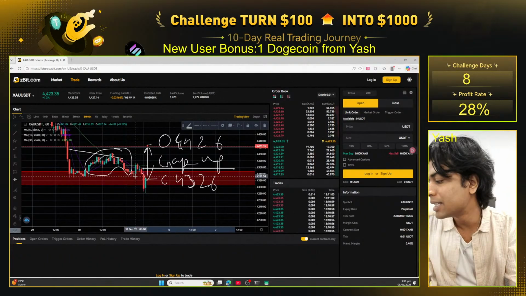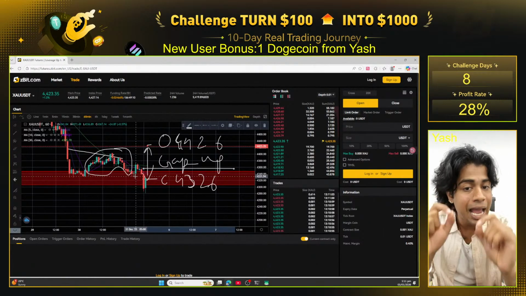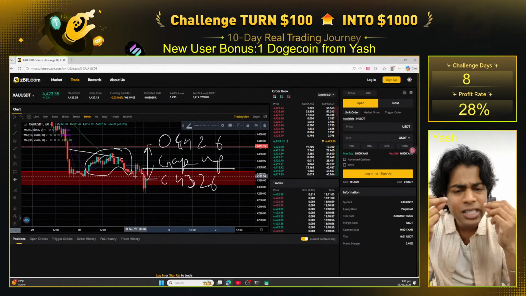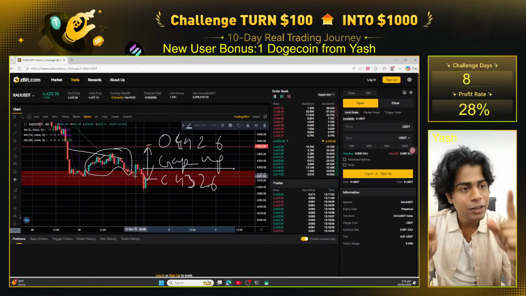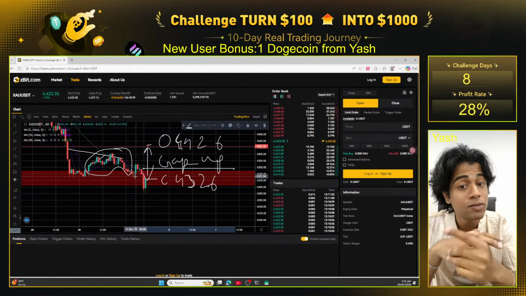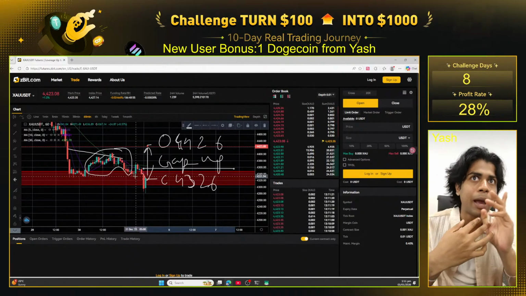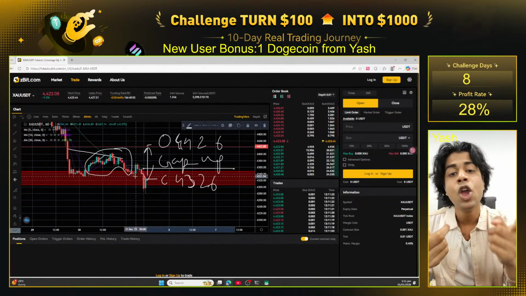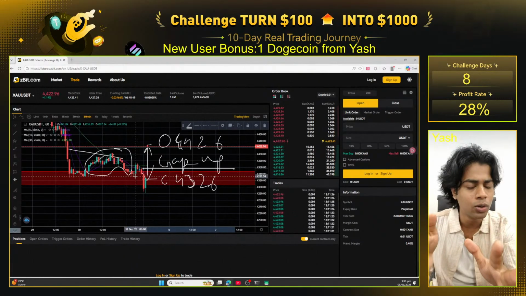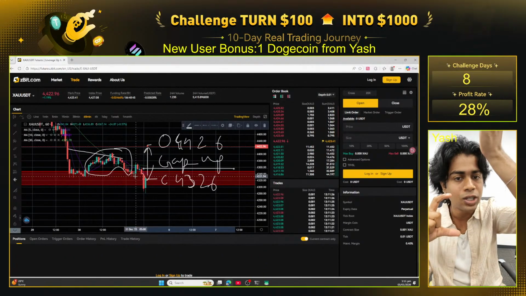Now, why does this gap get created? Why is there a gap in the market? This gap happens because of a sudden demand increase. We saw in Bitcoin there was a very sudden demand increase today. Why? Because of the news that America took Venezuela and is right now capturing 600 Bitcoin, plus on top of that 303 billion barrels of crude oil. Because of that news, we saw the Bitcoin price went up from 89 to 93, right?